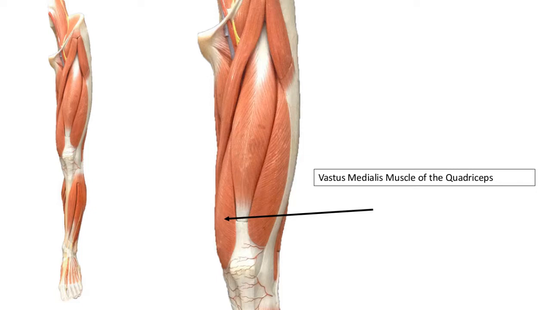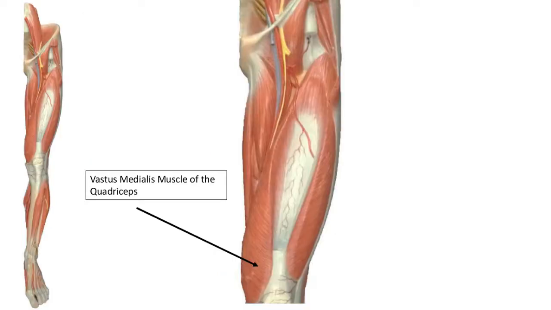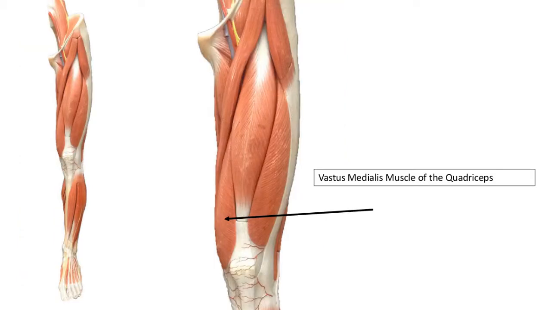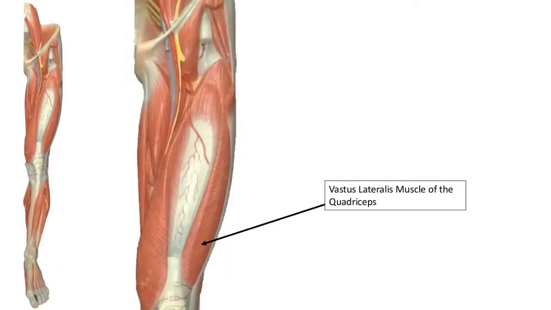Okay. Now these 2 slides are relatively the same. If you look, here's rectus femoris, and on the previous slide, it's gone. And we'll talk about why in a second. Okay, same thing. All right, so if we have a vastus medialis muscle, we have to have a vastus lateralis